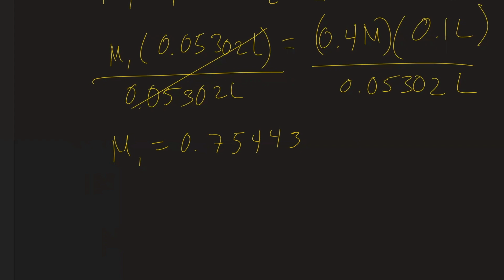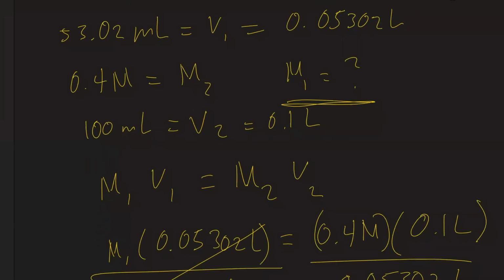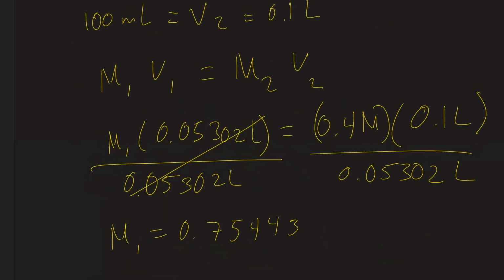Right? Yes, you have to multiply this by 2 because we're looking for the potassium hydroxide molarity, and we have to multiply this by 2 since every one H in potassium hydroxide cancels out one H in SO4. So we multiply this by 2. So our real molarity, M1, is about 1.50886. And if we were to